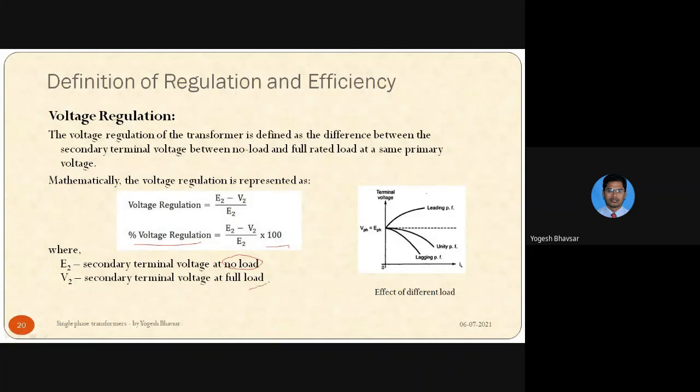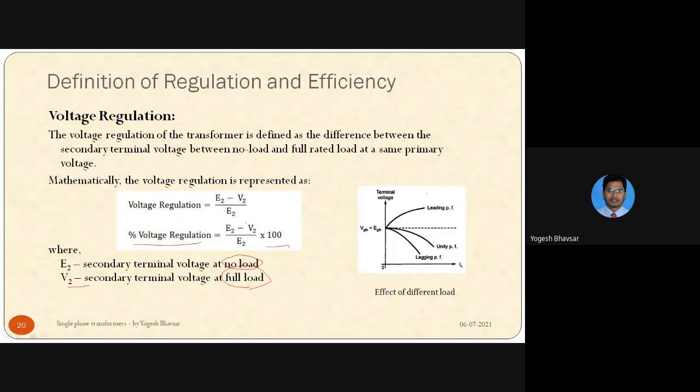And when we connect load at the secondary, say the full load, that means full load is connected. Suppose the transformer is 10 kVA, then we have connected a 10 kVA load, full load. If it is half load, then to a 10 kVA transformer we have connected a 5 kVA load. This is half load. There can also be 75% load, 80% load, 40% load, 60%, different loads. So that much amount of load we have connected to the transformer. Here just consider full load. At that time the secondary terminal voltage is V2. So this is from no load to full load. So there is a difference, right?